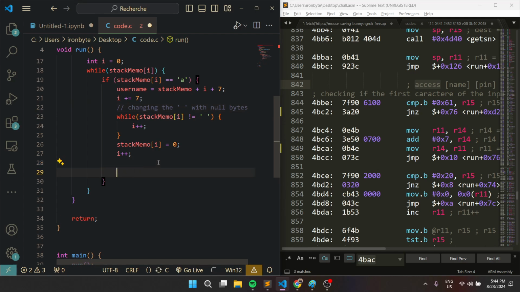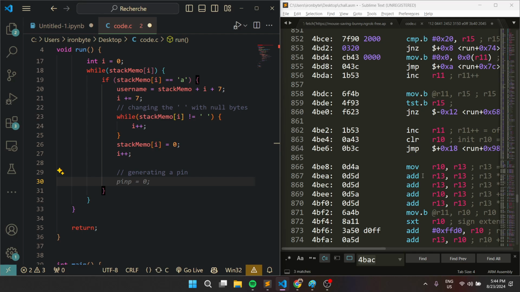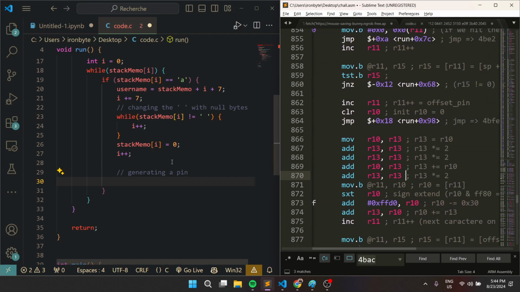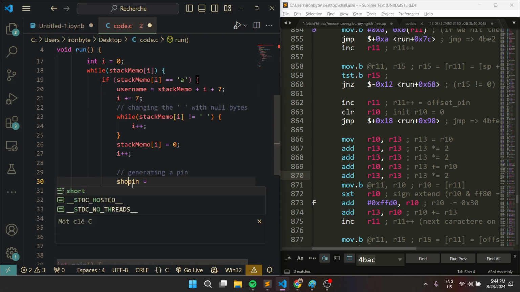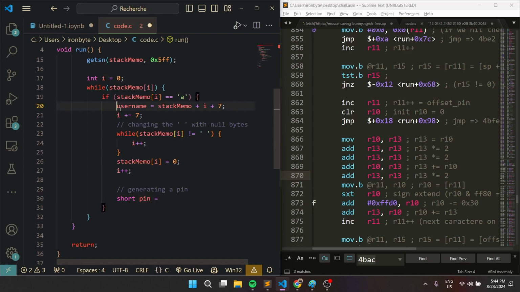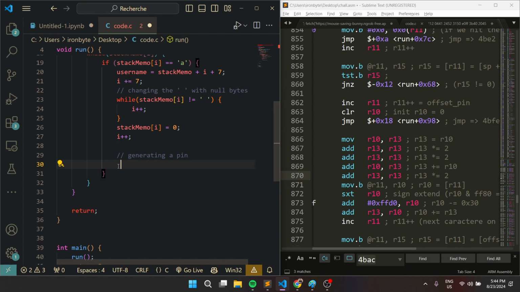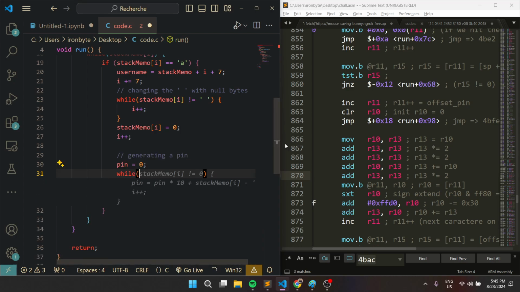Now we are going to be generating a pin. To generate a pin, we did those instructions, which are a lot of operations that we have to check. The first thing is that we have to create a short pin. We already defined it, so we don't have to define it again. So pin is going to be equal to 0. And then as long as the stack memory is different to 0, then pin should be equal